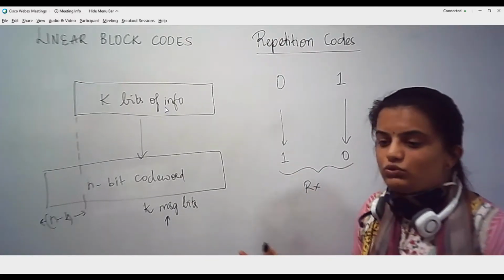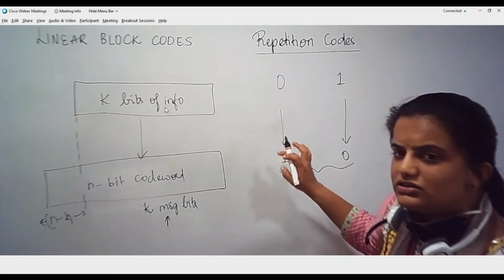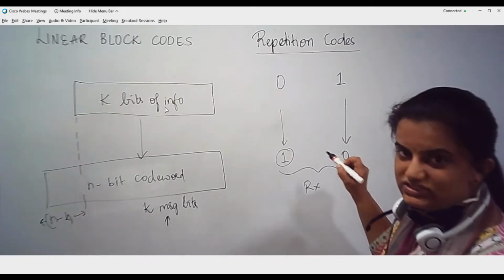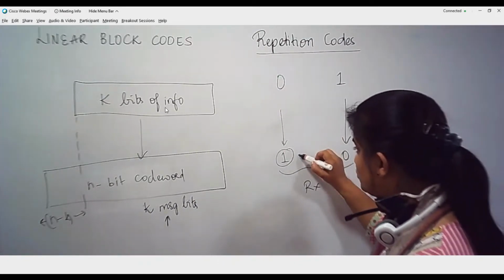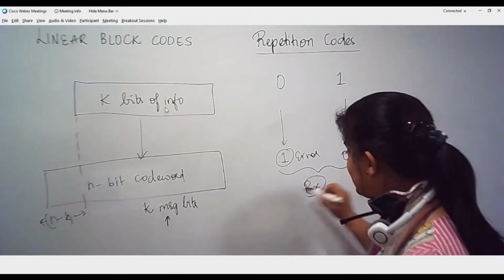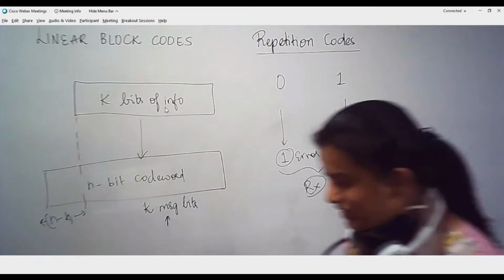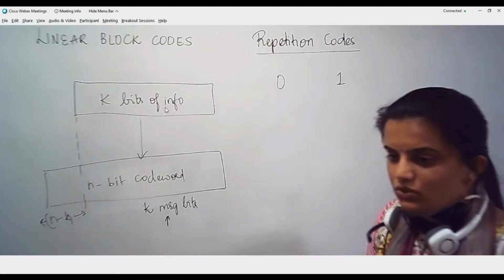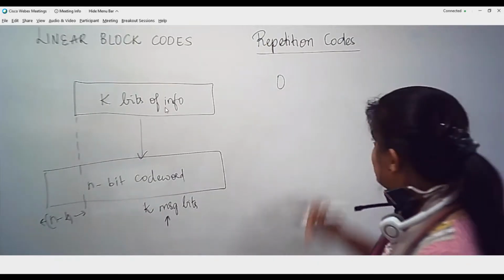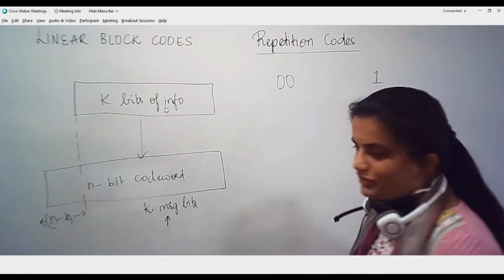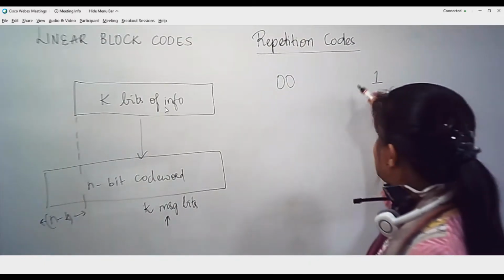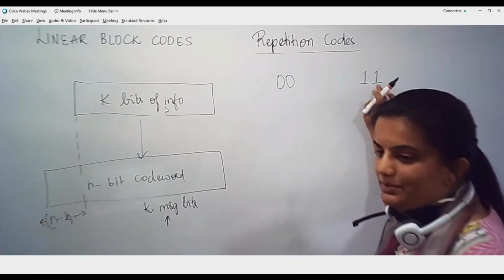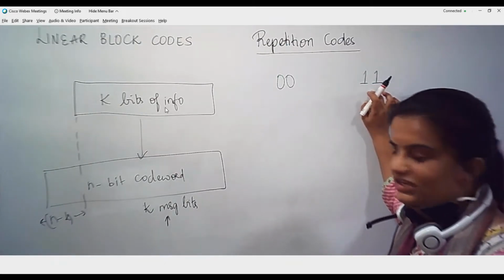But the receiver would not know, since 1 is a valid code word on the transmitter side and 0 is also a valid code word. Though this is an error bit, the receiver will still consider that as a message, which is actually wrong. So in order to overcome the error that has occurred during the transmission, the simplest channel encoding procedure is to append one more similar bit to the already existing one. That means I append another 0 to the existing bit 0. Similarly, I append another 1 to the existing bit 1.